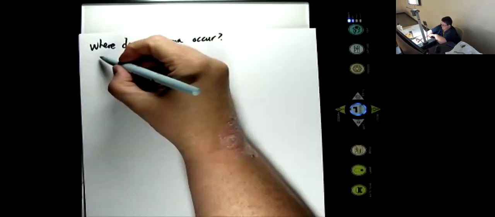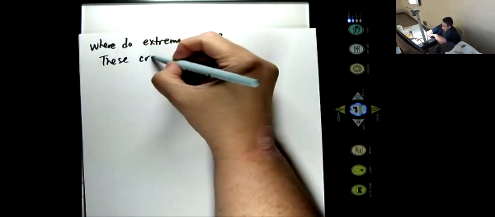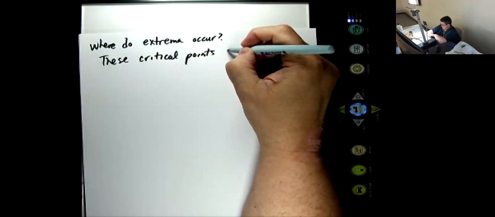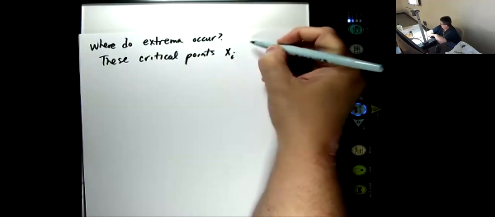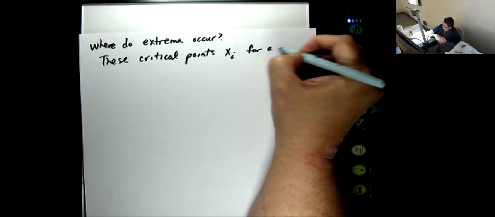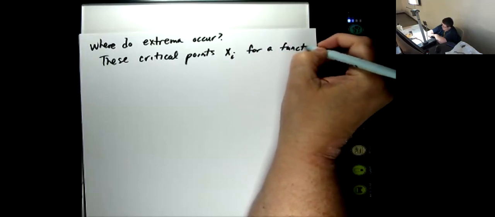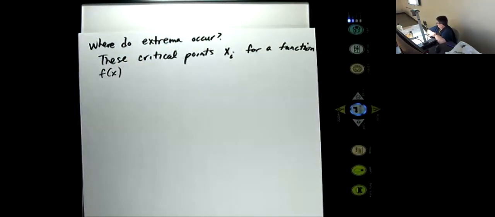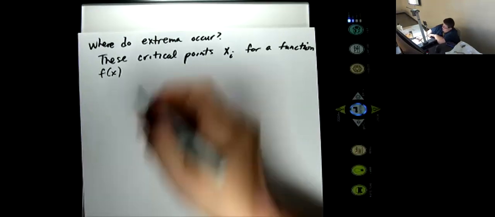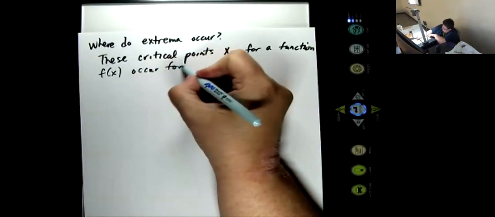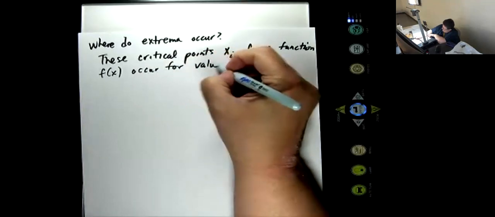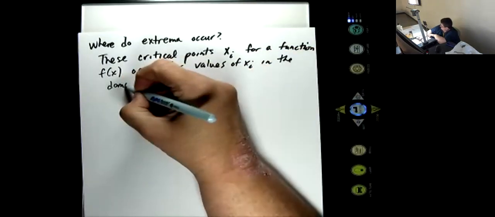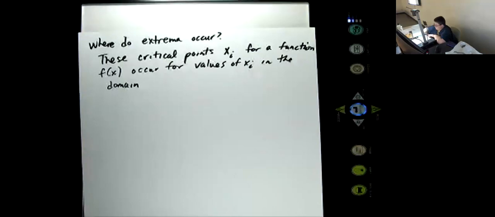These critical points, I'll call them xi, for a function f, occur for values of xi in the domain. It's got to be in the domain. Where